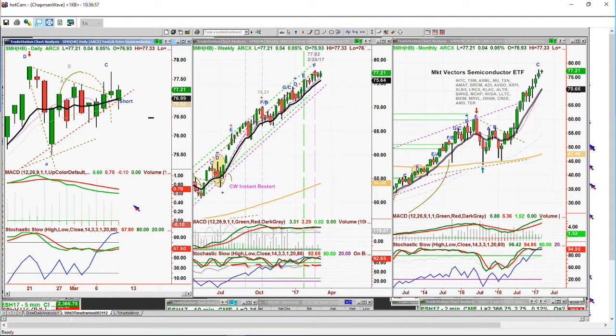Now, the reason why I short is that the MACD was poor. The stochastic is really quite ugly. But I knew that the weekly chart is still holding extremely well. If I compare, you see these vertical lines keep comparing the technicals, and yet the price hasn't deteriorated. When it does, now I'm thinking that when the SMH really does take a dip, it's going to just take out 3 or 4, or maybe 5 left side candles in the weekly chart,